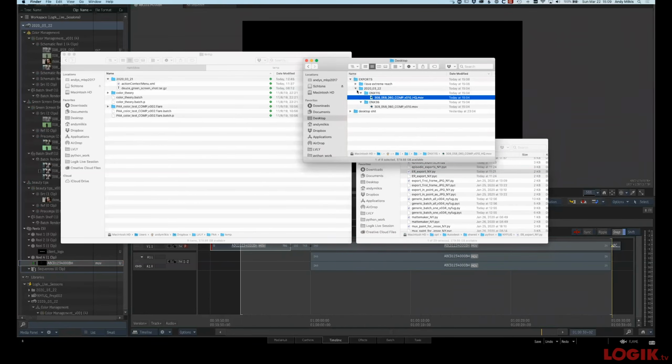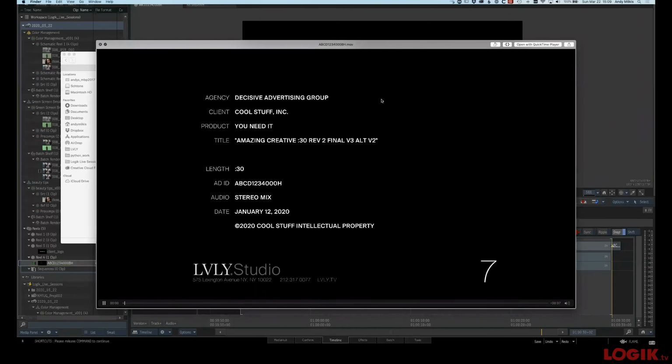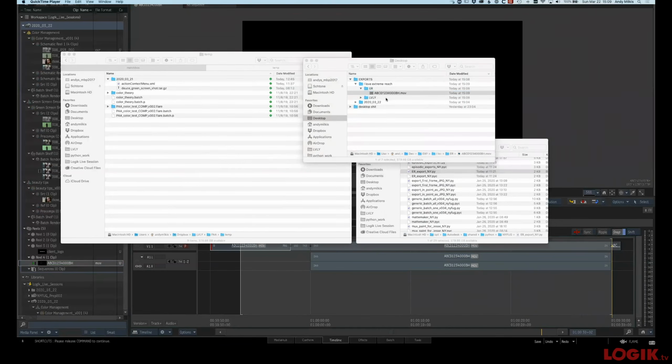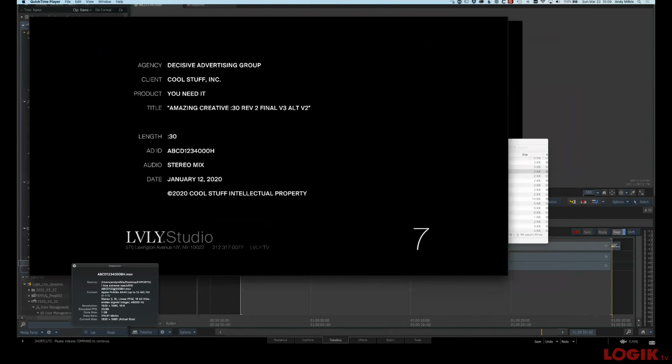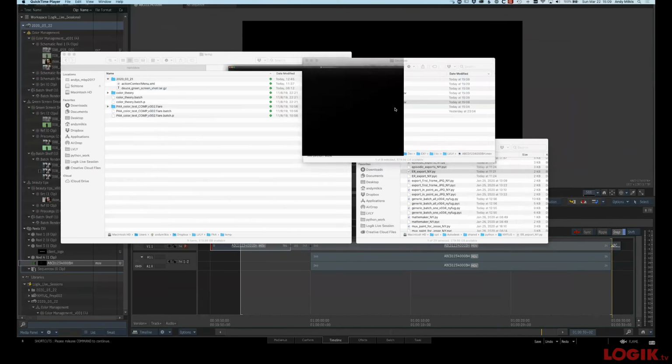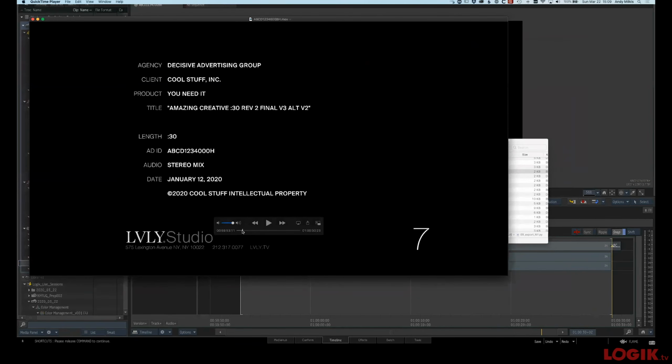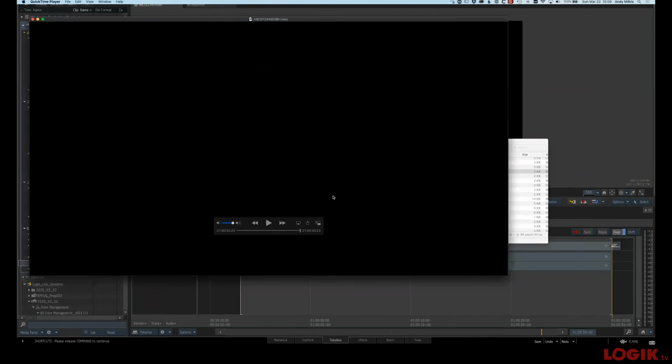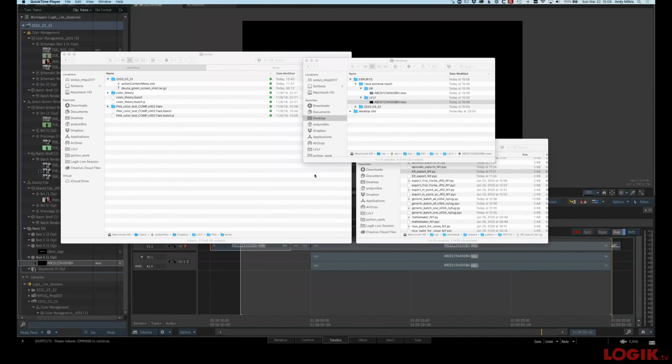So out here in the export folder, in my I love extreme reach, I have an extreme reach folder that has the spot that starts at 7, and it's a ProRes 444, which you can see down here. And the other one for our library at Lively is the uncompressed, which starts at 10 and has the full second of black at the tail. Okay, so one export, everything's done the right way with the right codecs, with the right in and out points, and you don't have to export it, screw it up, put your jacket on, get ready to leave, and then get told you have to do it again,